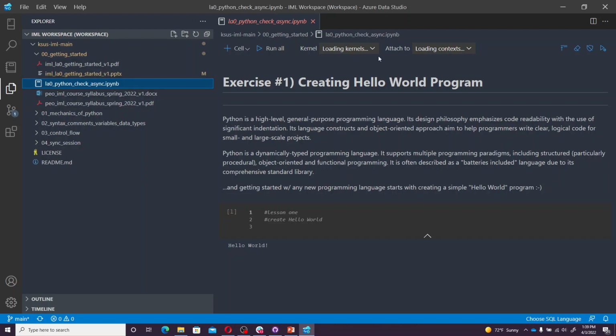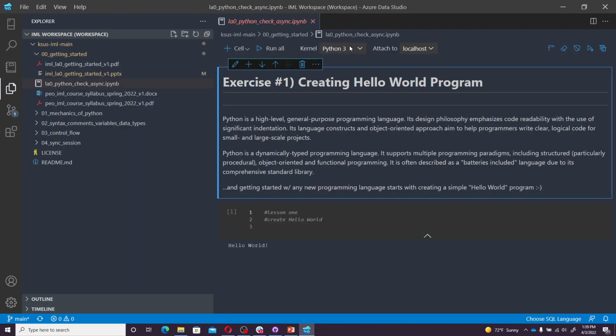Now one of the things that we have to double check is our kernel up here, making sure that all this is working properly and that we're switched to the proper kernel. Right now my kernel's loading. There we go. So I'm in Python. You will want to make sure that your notebook is set for Python 3 and not SQL. In this course, we're going to be bouncing back between Python 3 and PowerShell. Probably 95% of our time we're going to be in Python 3,